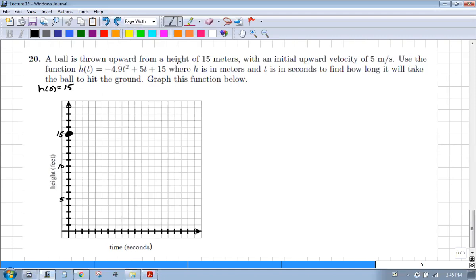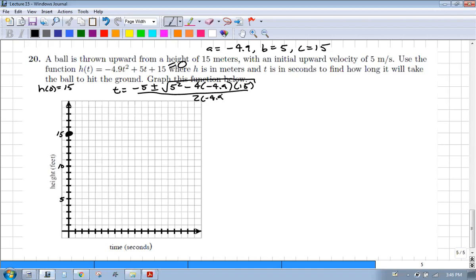If we set the height equal to 0, then our a is negative 4.9, b is 5, and our c is 15. So if we use the quadratic formula, we can find the time at which the height is 0. We get negative b plus or minus the square root of b squared minus 4ac, all over 2a. So a negative over negative, that's 5 over 9.8 plus or minus the square root of 25 minus